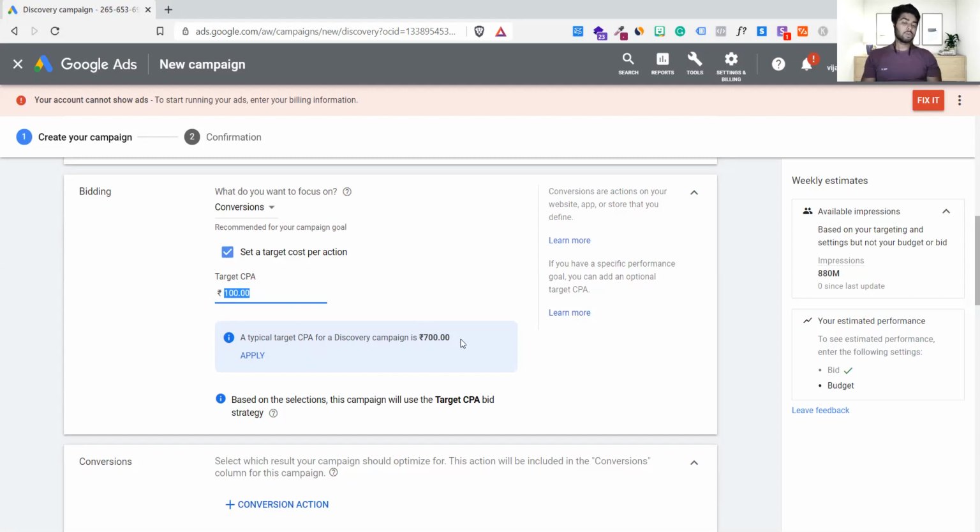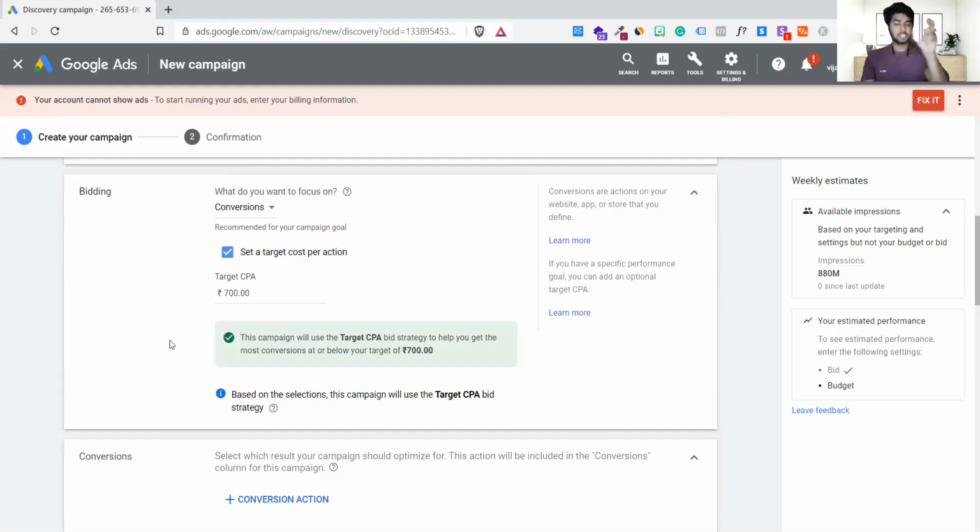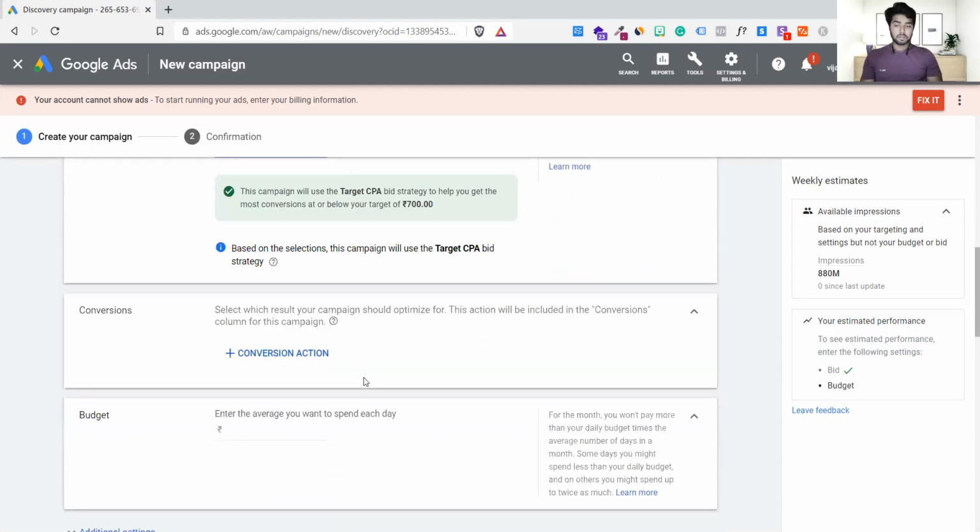So you have to understand that whatever they are recommending, just try once. You can click on apply to quickly change this figure from 100 to 700, because Google is also saying that your cost per acquisition is not 100, buddy. It's all going to 700, and this is a benchmark for all people across different niches. It can go down, it can go up. You can change it later, but to start with, it is saying start with 700. That's one.